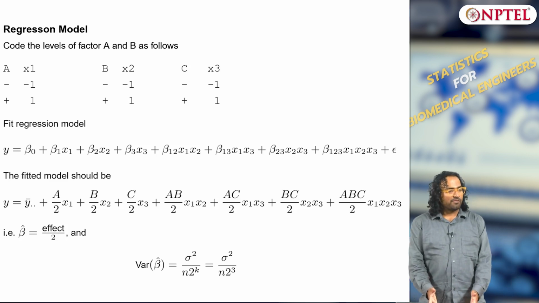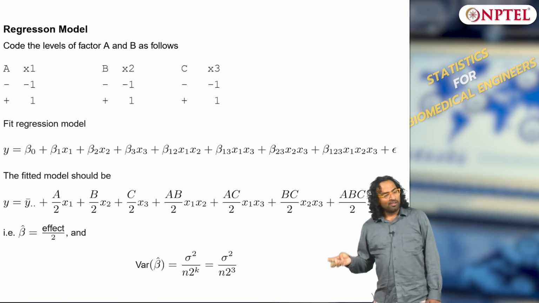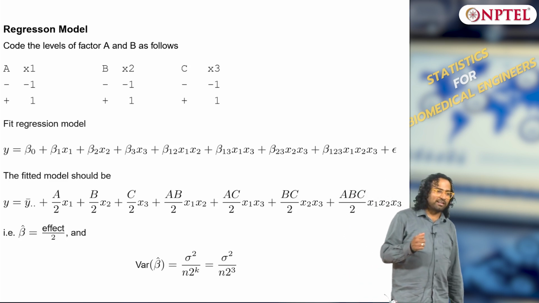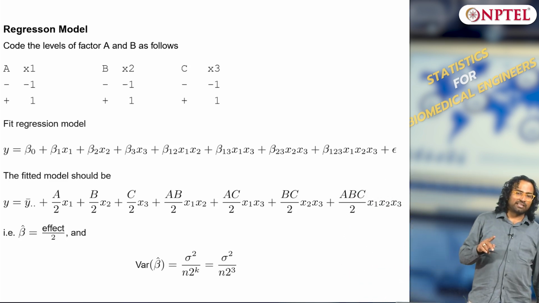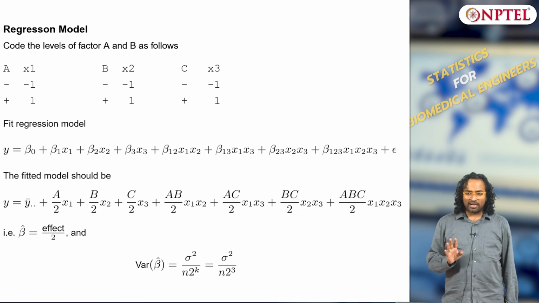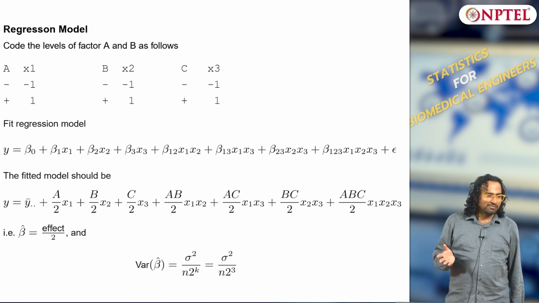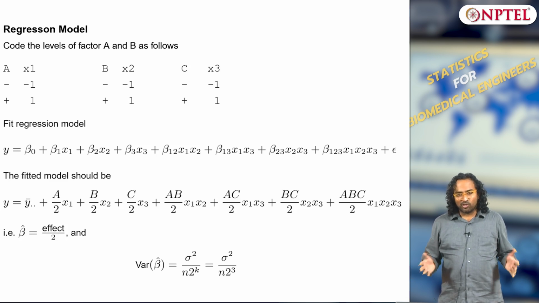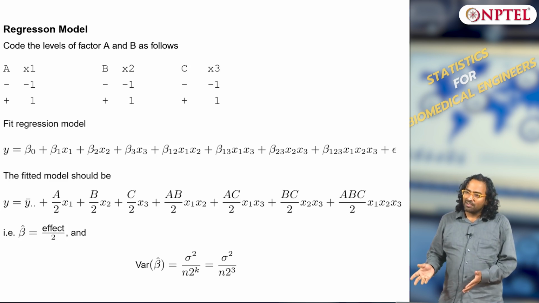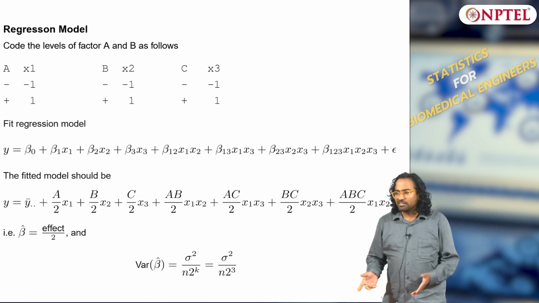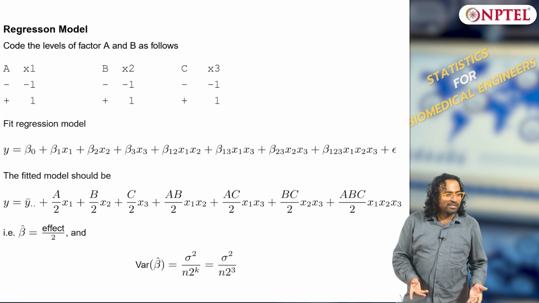Once you have sum square, you have the fitted model also. The fitted model, how many coefficients will you have? There will be 1 grand mean, 3 treatments, how many interactions? 4 interactions, 4 plus 3 plus 1, 8 coefficients, okay. So now you should understand: how many data points are there? 8 data points. How many parameters are you estimating? 8 coefficients, which is the most stupid thing to do without replication. You have 8 data points and you are estimating 8 parameters, and that is the reason why sum square error has no degrees of freedom.